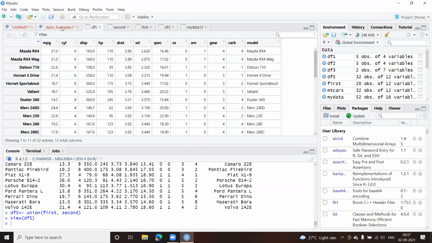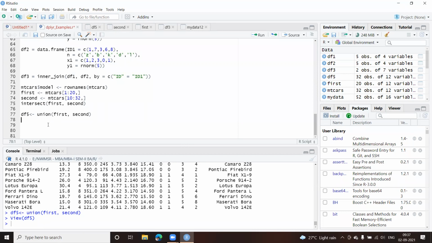Clear. So union, as I said, intersect will give me the unique or the common records in both the tables, and union is going to ignore these common ones, remove them, and display all the rows, except the ones which are duplicate. Okay, that is the difference.